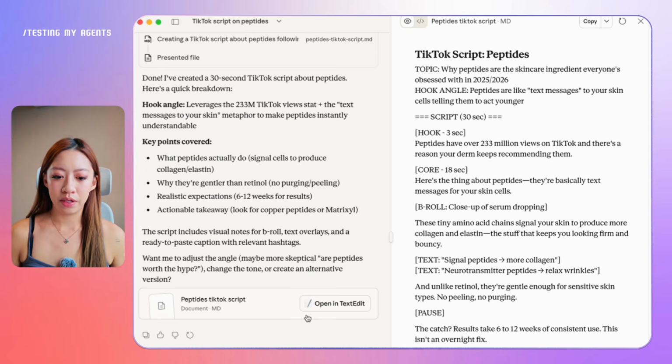And then what you can do here is that if you want to make the agent better, you can give a bit of context as to how your style usually is. So let's say you produce TikTok content and your style is more on the educational side. You can actually upload some of your previous scripts so that this AI and agent can learn from you. On the other hand, you can also set up multiple agents. So let's say I have one agent for this purpose, but I also have another agent helping me review my code, another agent helping me with another purpose. So the goal here is to set up agents so that you're able to automate different parts of your workflow in